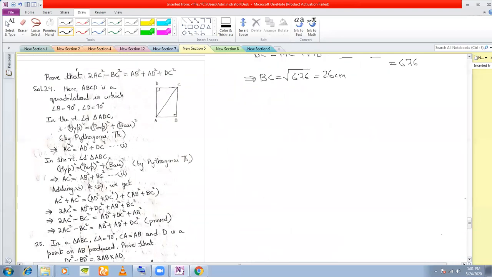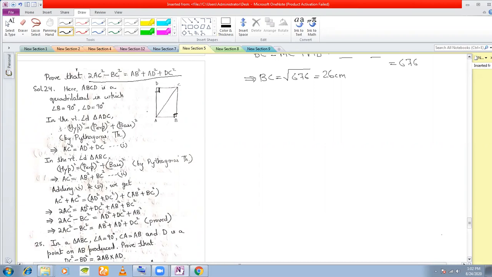Okay. Look at this. Next question. Now here, a little bit of technique is important because there are no figures here. And I told you in Pythagoras theorem how to apply the technique. It is given to you that ABCD is a quadrilateral. In fact, the figure is not given to you. You have to draw the figure. It was written that ABCD is a quadrilateral in which angle D and angle B are 90 degrees. You need to prove this.